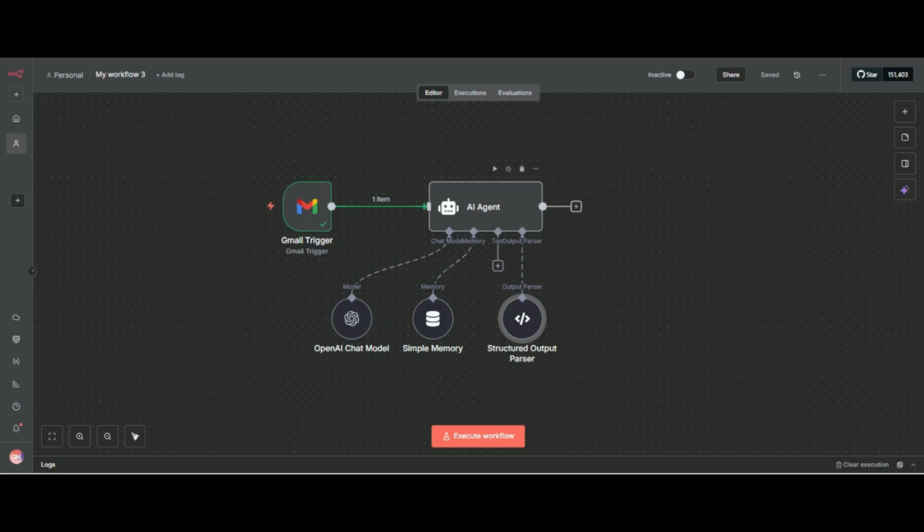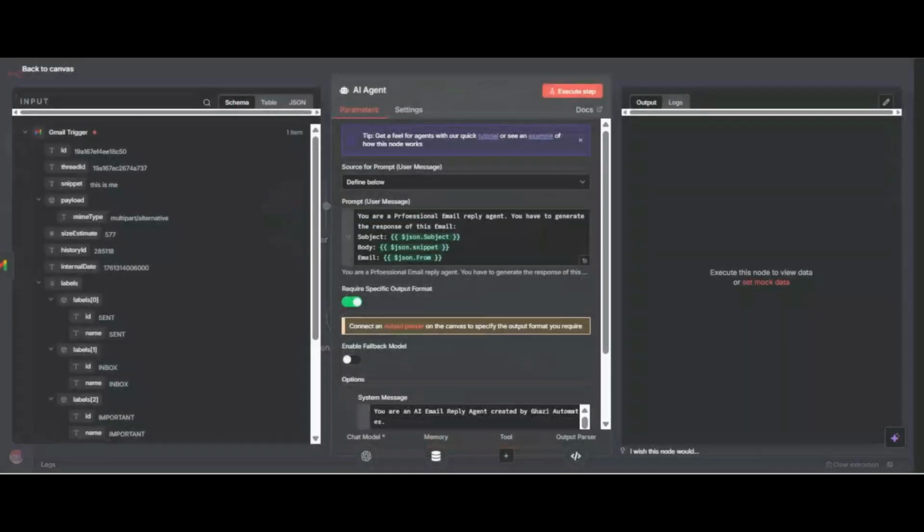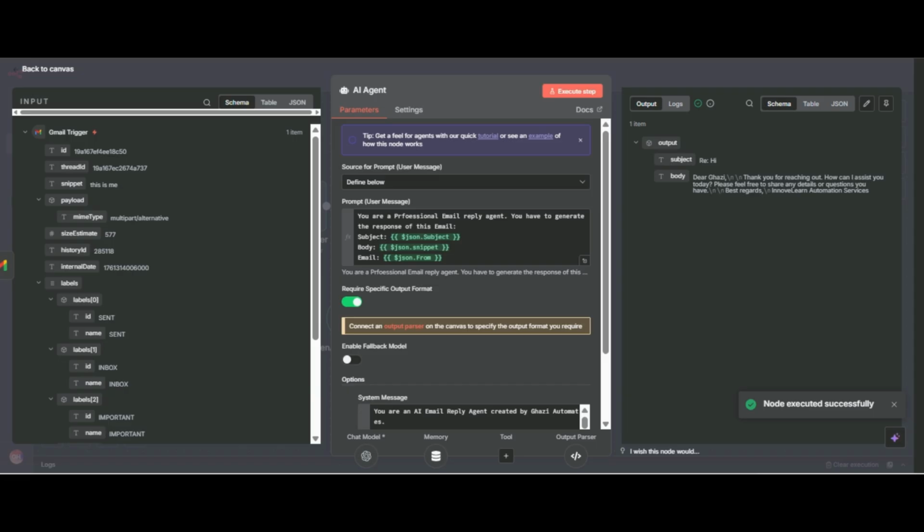Now we have to test it. You will see it will generate two responses. Now you can see, one is subject and second one is body. If we don't use the structured output parser and don't give the prompt, it will generate only output, and it merges subject and body together.